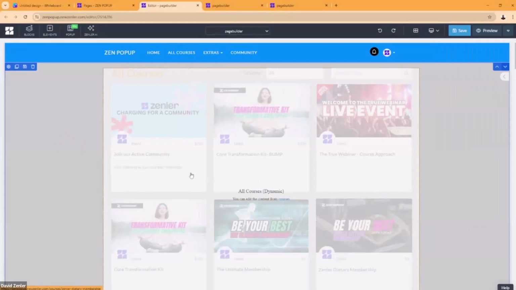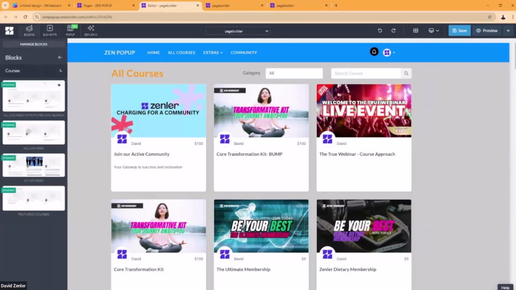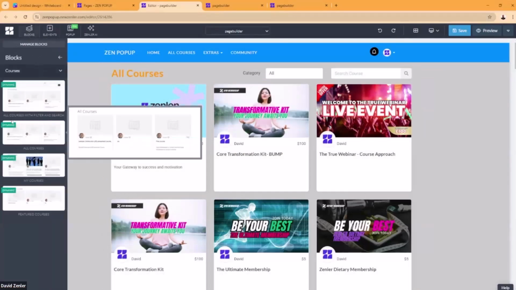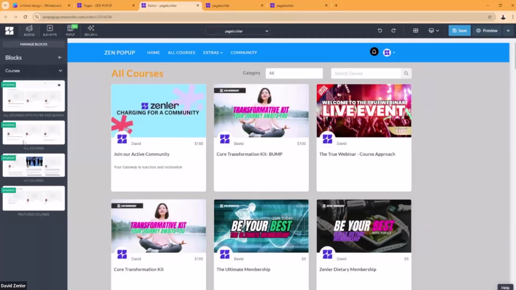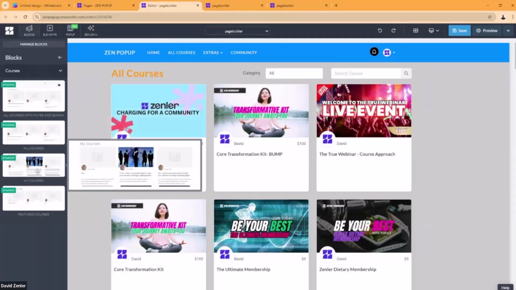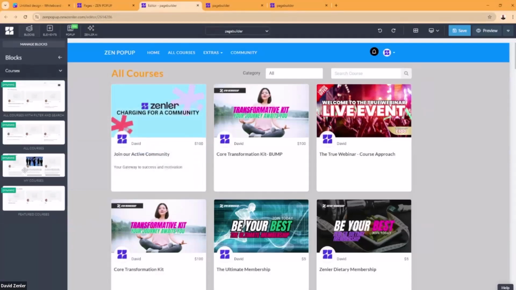You can play around with it and see how it looks. But that's automatically generated. You'll notice that in this all courses one, you've got a category and a search box in there, and in some of them you haven't, like here. So you've got all courses with filter and search, just all courses, and my courses. This is for my course page, so when people log in, they can see which courses they have. All these blocks are already built into the platform.